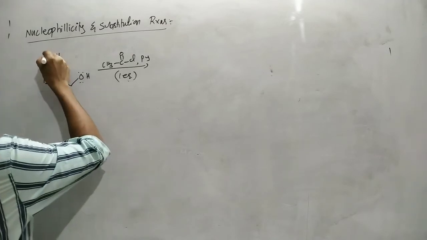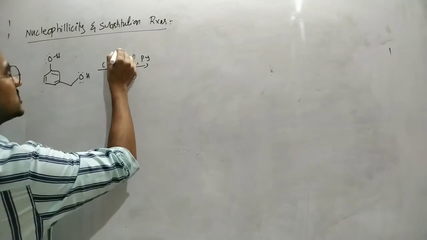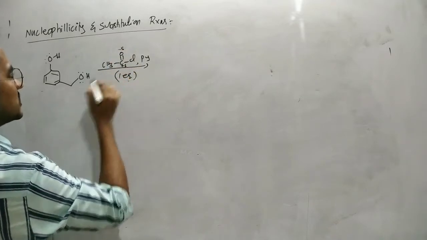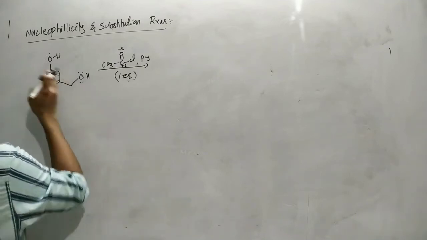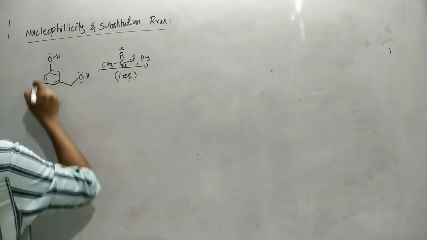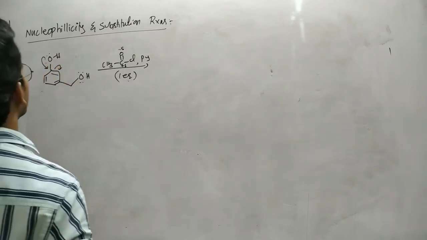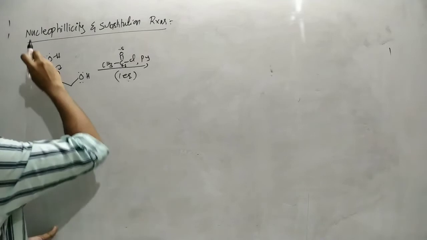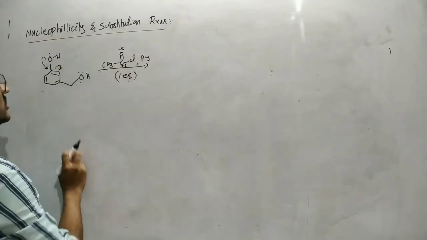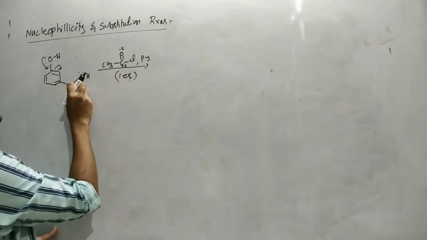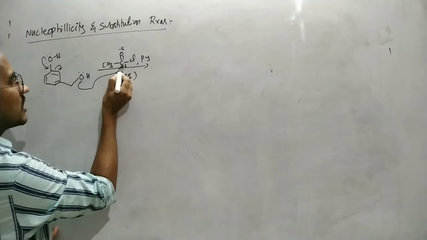So here this nucleophilic OH group attacks on this electrophilic carbon. The partial negative charge, this one partial positive charge. Now here between these two, which is the more nucleophilic? Both are neutral actually. In this case, this lone pair of electrons is involved in the resonance, so it is less nucleophilic. The availability of the electron density is very less to attack on this carbon. But here the lone pair of electrons is localized, no conjugation with the benzene ring. That's why this oxygen attacks on this carbon.